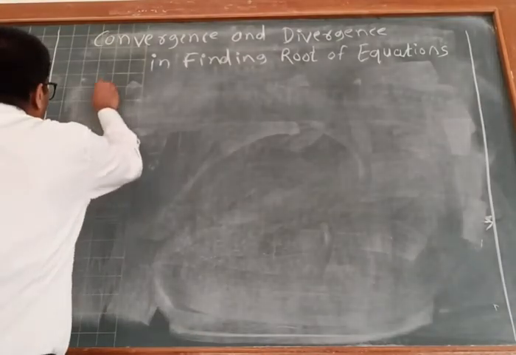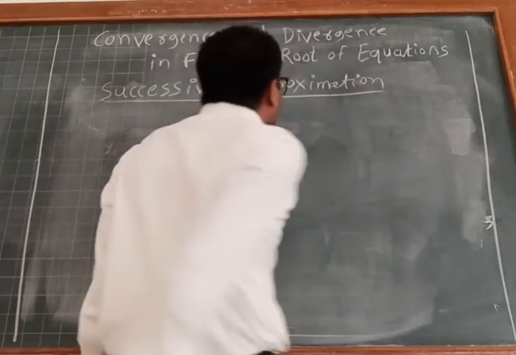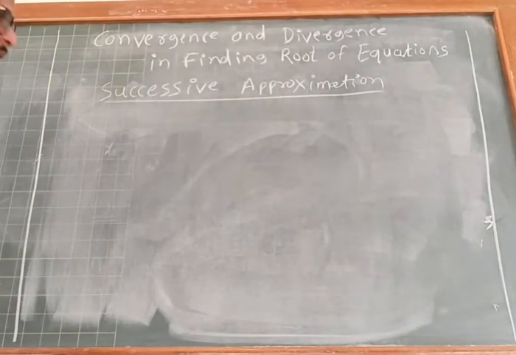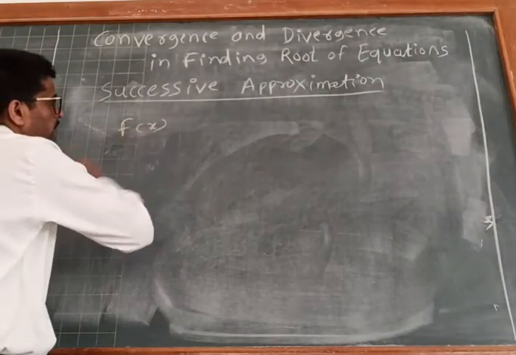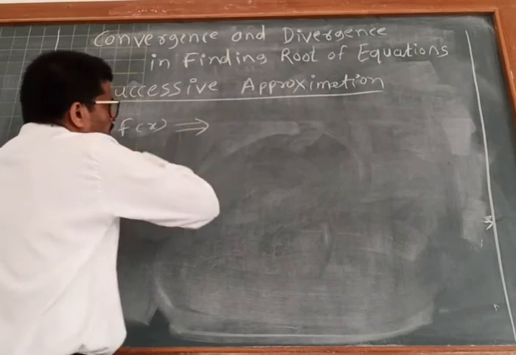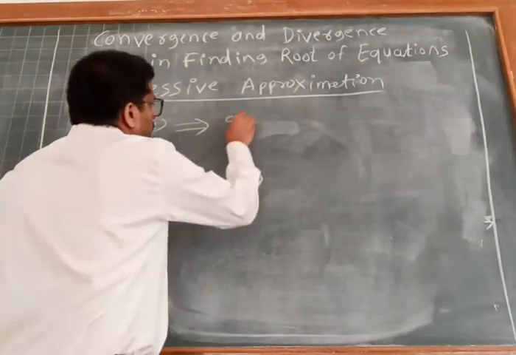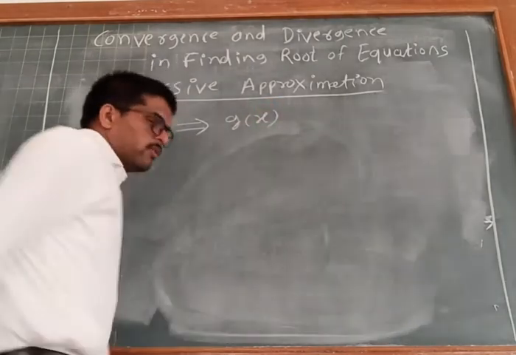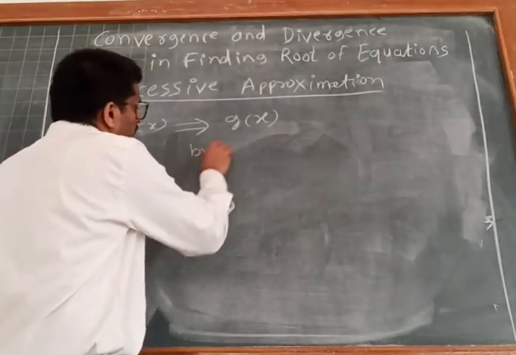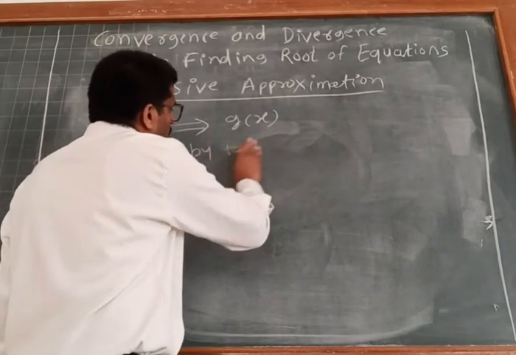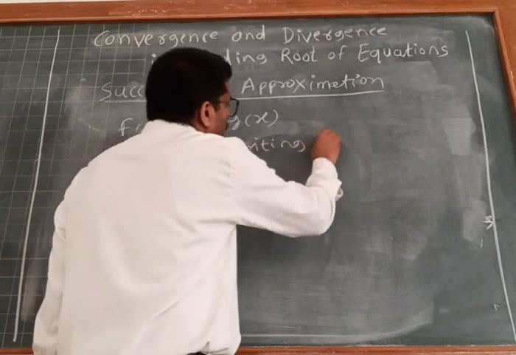So the third method is the successive approximation method. In the successive approximation method, what is the procedure? Given the equation f of x, from that f of x equation we have to convert it into g of x. You have to convert the given equation into g of x by taking x common, or by writing the given equation